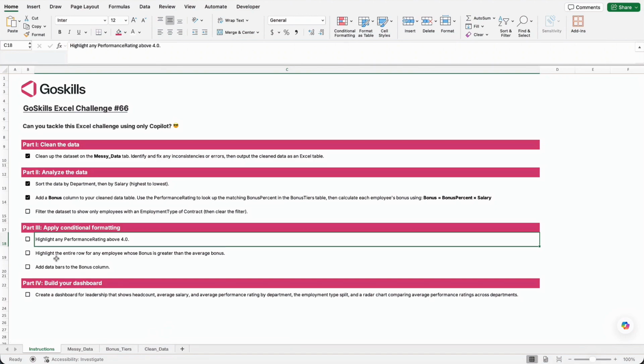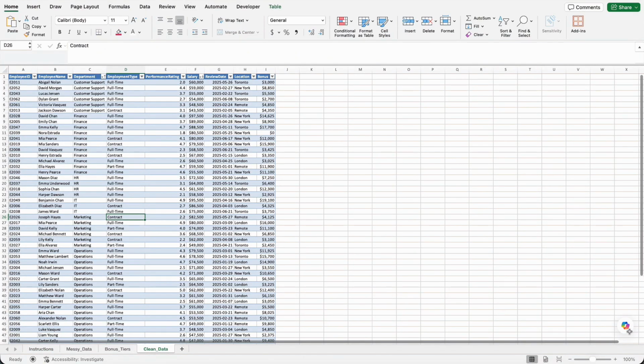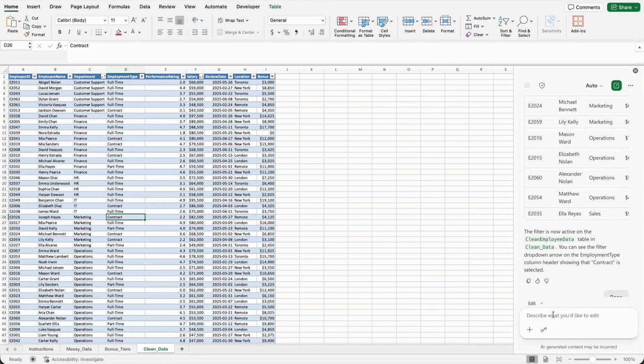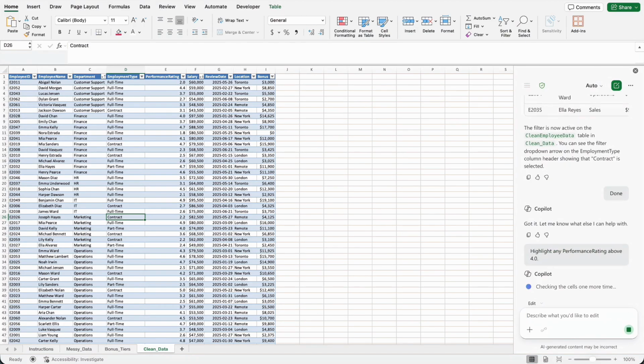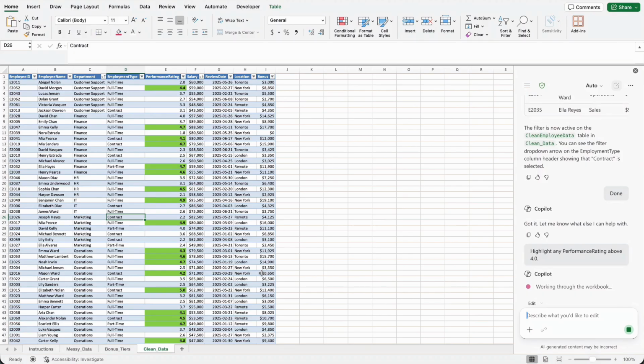We will start with the first one, which is asking us to highlight any performance rating above 4.0. So let's go to our clean data. Let's open the Copilot chat that we have, and let's paste the instruction here. Perfect. We can see that in a matter of seconds, it has highlighted with green all the performance ratings that